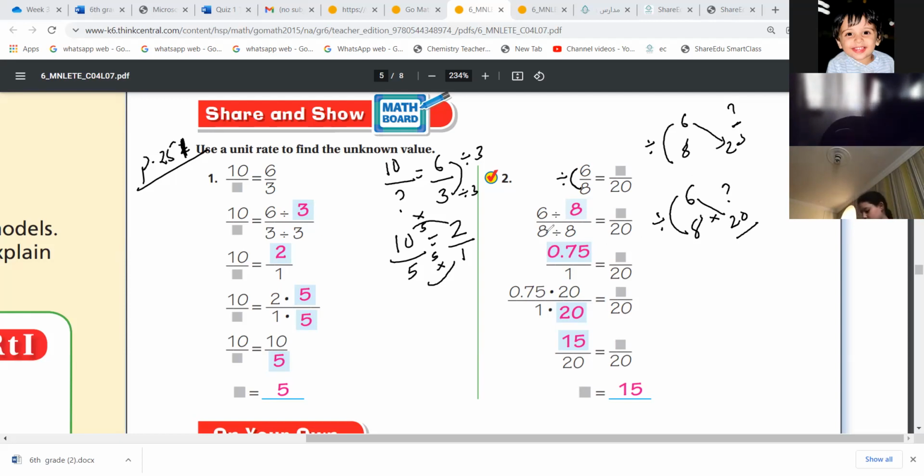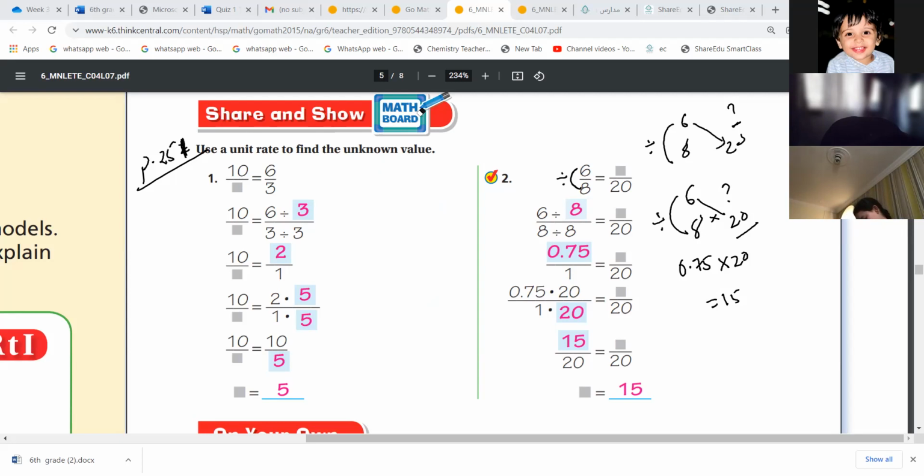That's what they are dividing by 8, you get 0.75. Then you multiply by 20, you get 15. This is what I explained to you. Same thing if I do it here in this question. See how I do it? It's 10 and you have a question mark, 6 and 3. What did I say? You divide. You will divide, you will get,